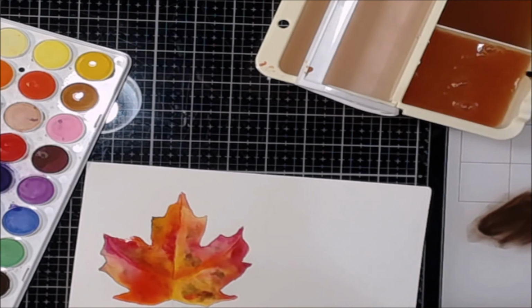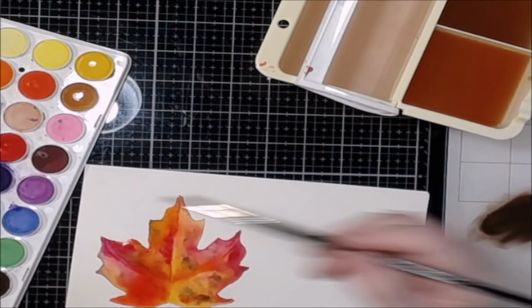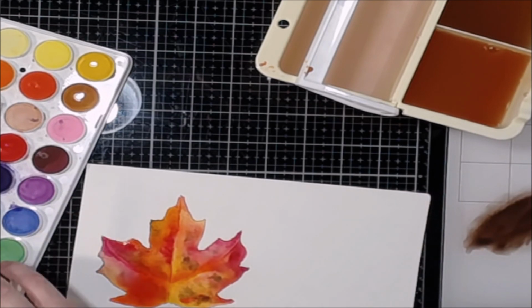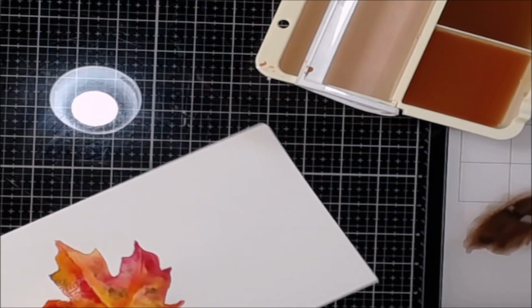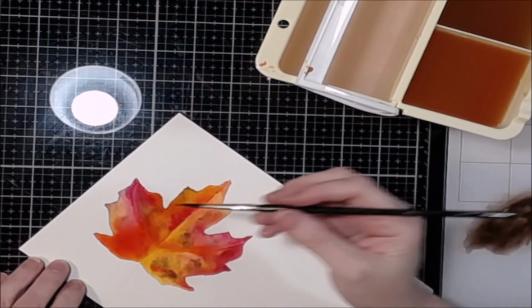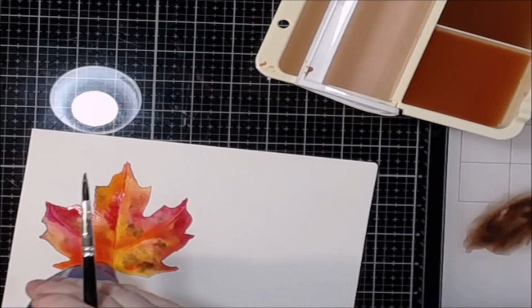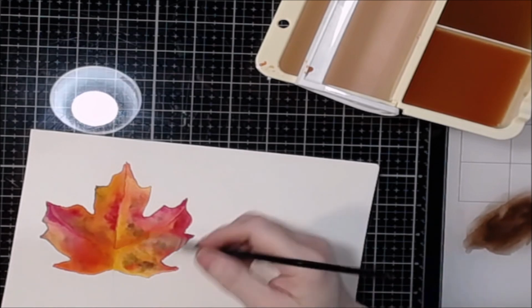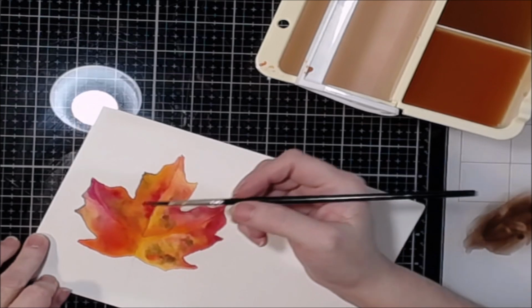That's a very red brown. That too, I think, is a very red brown. But that's okay. Alright, so I need to get this out of my way a little bit. There we go. So now what I'm going to do is I'm going to kind of fill in. Actually, I'm going to dry this real quick with the heat gun and make sure it's dry. Because if you go ahead and put your brown in when it's wet, the brown is going to wick everywhere. So you want to try to do it,